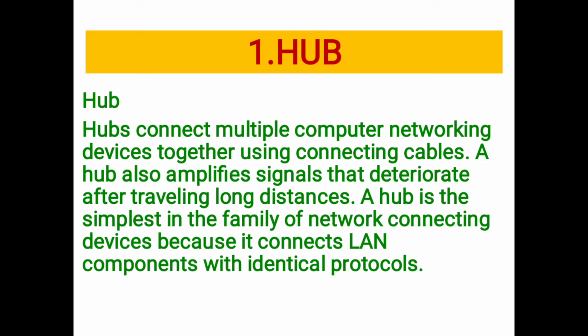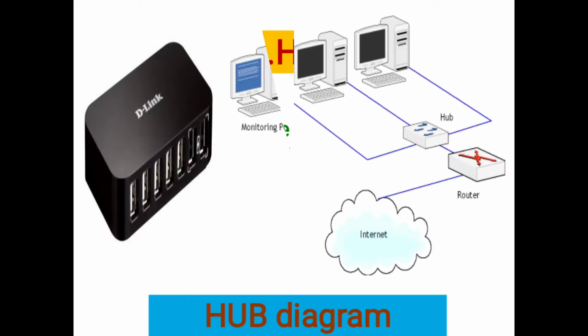Now what is a LAN? LAN is a network which is limited to a small building or one office, not exceeding the 10-kilometer range. So if you have a network setup within a range of 10 kilometers, you require a device called a hub. The role of the hub is to connect all these computers, and not only that, it also amplifies the signals which are coming through a long distance. See this diagram over here.